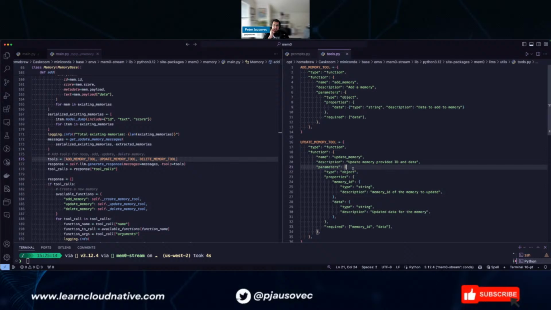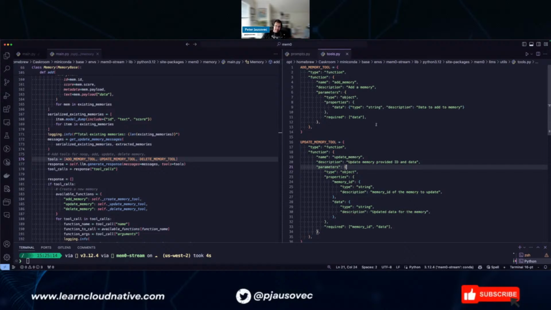So the idea here is that in addition to the prompt that you're sending to the LLM, you're also sending a definition or more definitions of functions that the LLM can not invoke, but tell you to invoke, right?